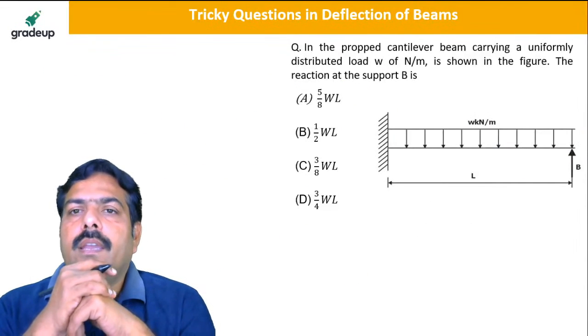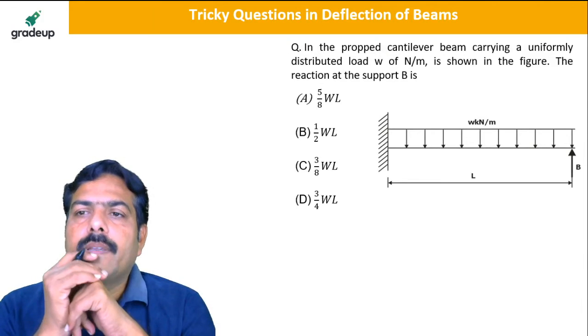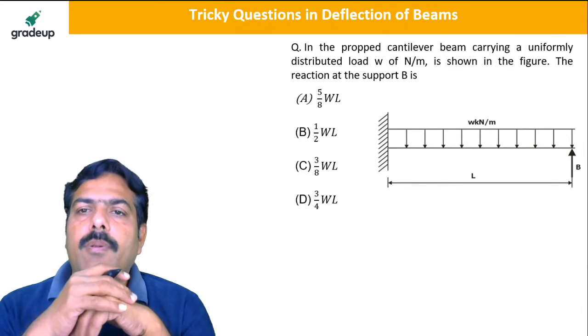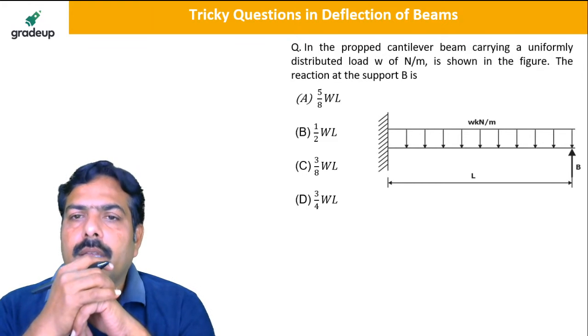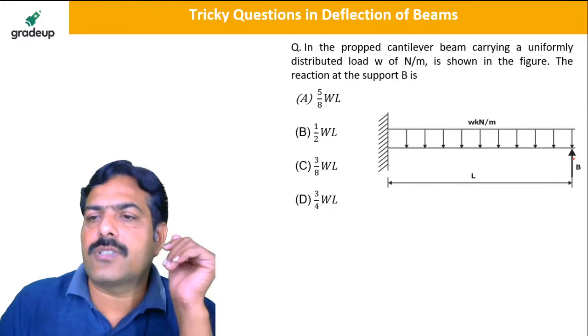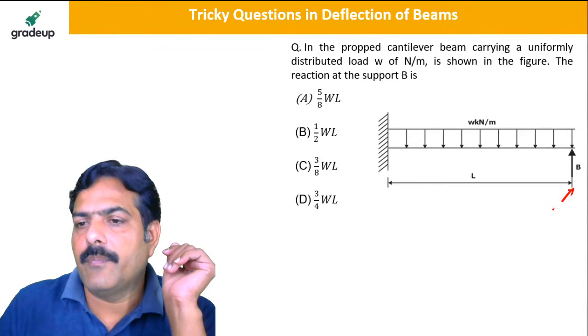Next. In a propped cantilever beam carrying a uniformly distributed load W Newton per meter, as shown in the figure, the reaction at support B is, so they are asking what is the value of RB. RB is equal to